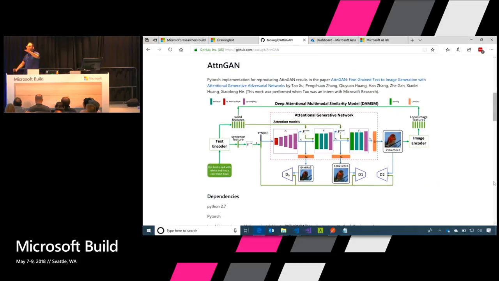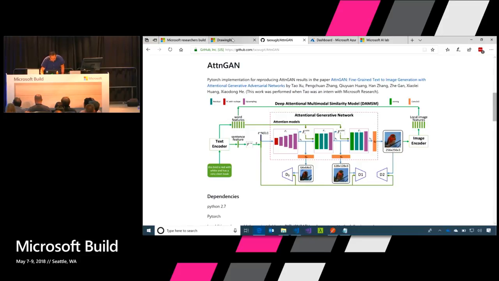Then they trained an AI with intermediate steps that map the words to specific regions of the image, so that the AI can be like, you need to fix this, you need to fix this. And so as it went, the image got progressively better. Imagine that. Now again, my part of the talk is more aspirational, to show you the kind of things that you can do with AI.